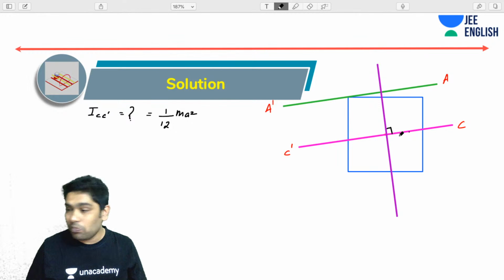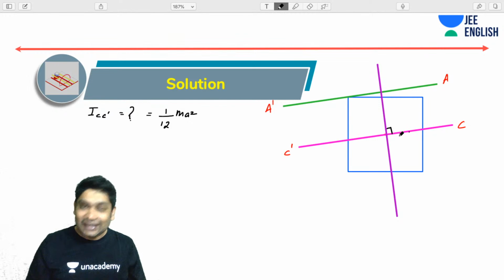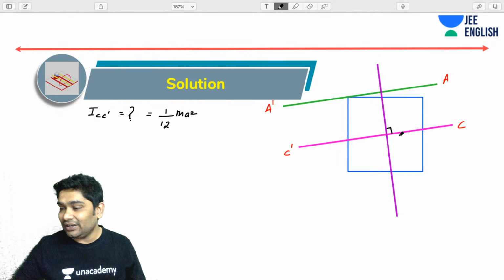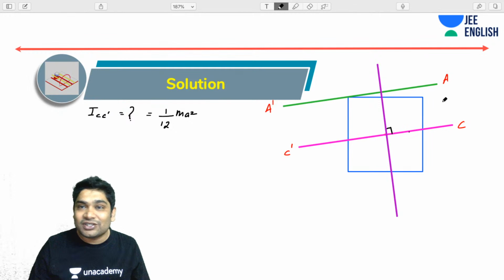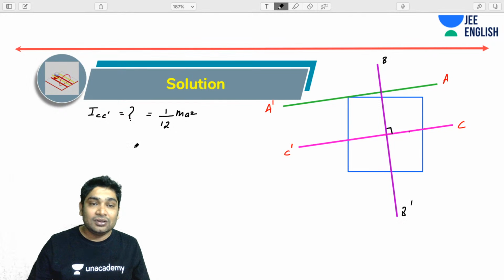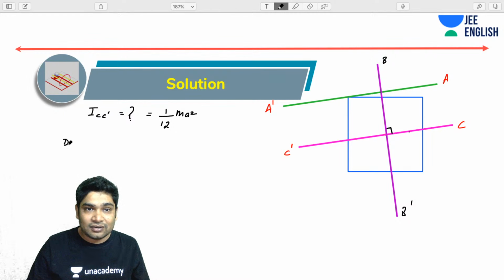Do you agree? Therefore, can I say the mass distribution about the axes AA dash, CC dash and BB dash would be exactly the same? So first of all, I can say due to the symmetry of the square,